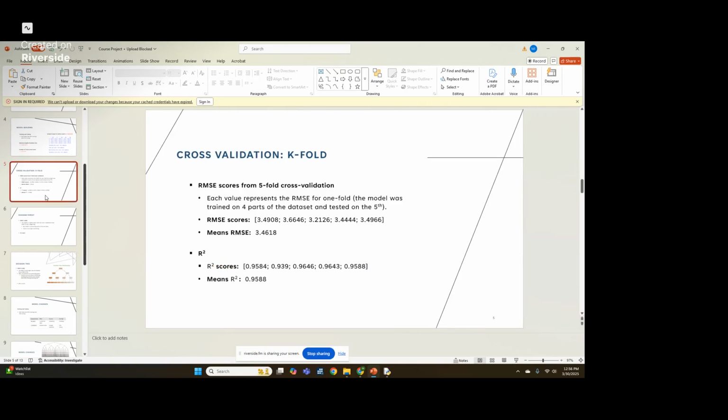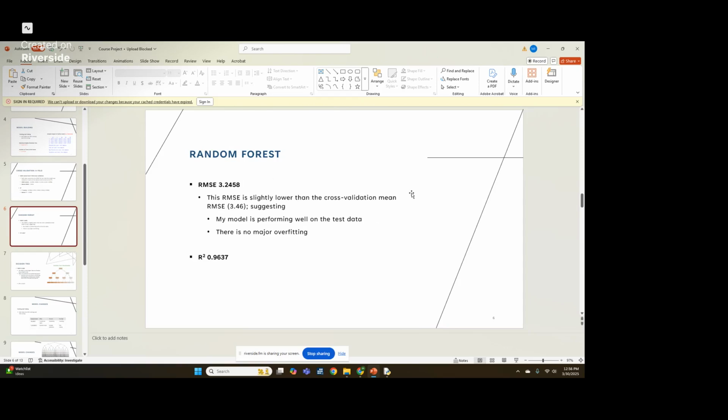So for the cross-validation, using a 5-fold, here's the RMSE scores. It gave me a mean of 3.46 and an R-square of 95%, which actually performed much better than the linear regression. When you look at the random forest, the RMSE of 3.24 and R-square of 96%, the 3.24 is slightly lower than the cross-validation mean. The R-square is higher,